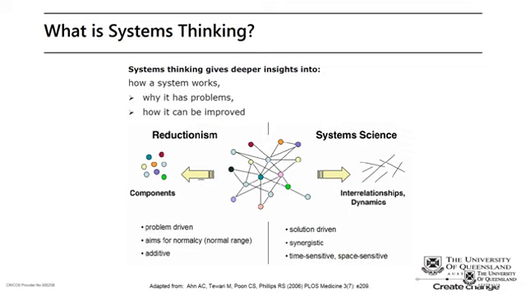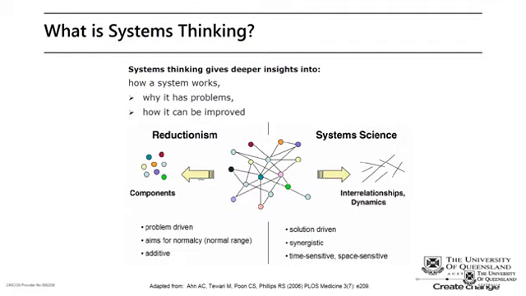Relationships of components. So how does a system work? And as a result of that, we start to look at things that help us understand how it works. We want to understand how to manipulate that system, how to make changes to the system. The reason that we need to do that is because you can't just expect to get a major outcome in the way the system's performing. My concept of system performance is disease incidence or disease risk. So we can't expect to change the food safety system simply by focusing on legislation.